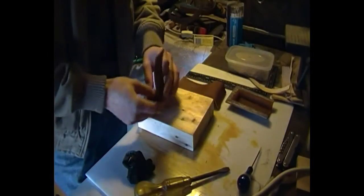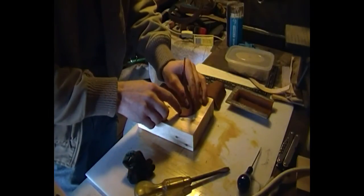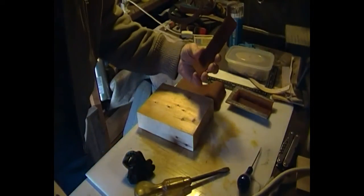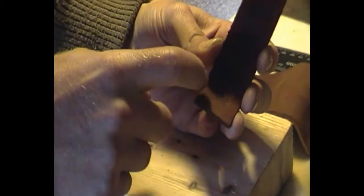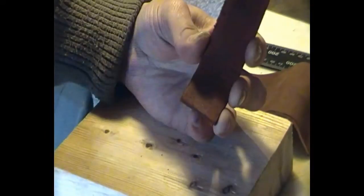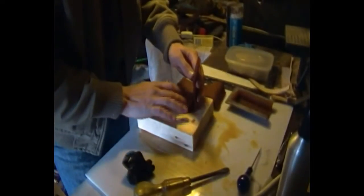And now it's time to mark where the stitching is going to go on the back. I'm going to do a rectangular shape of stitching on the inside of this piece, on the inside of the belt loop that's going to attach to the main pouch. Do a rectangle of stitching and put a rivet in the middle just for extra security. And to mark the stitching, as usual, damp the leather down a little bit, which just makes the surface a little bit softer. And I've marked right in the centre of it